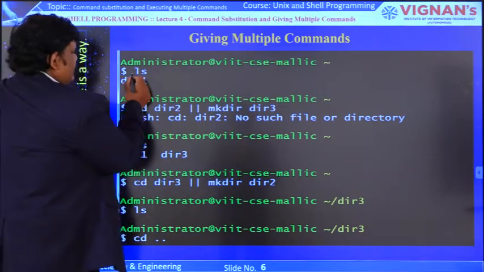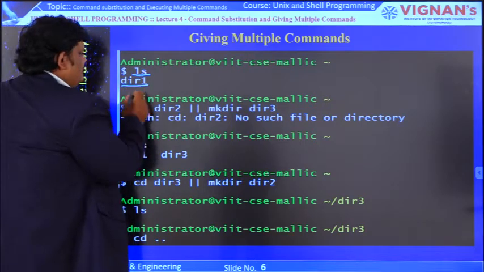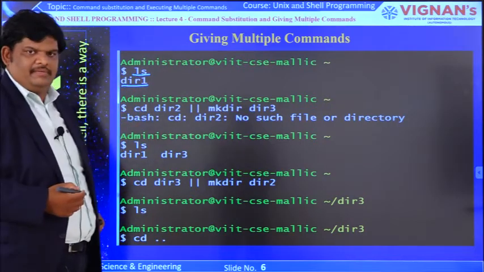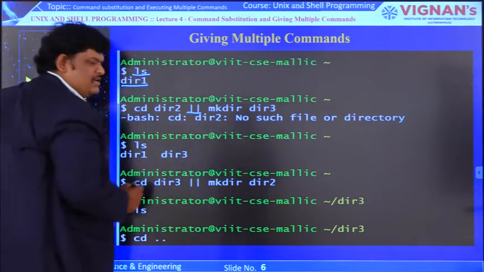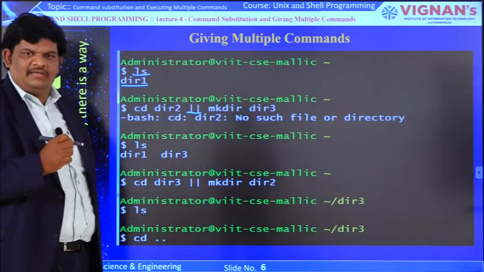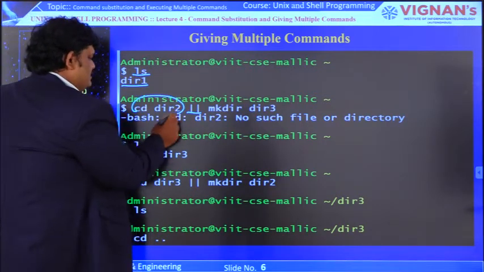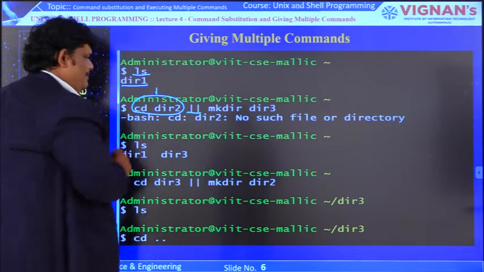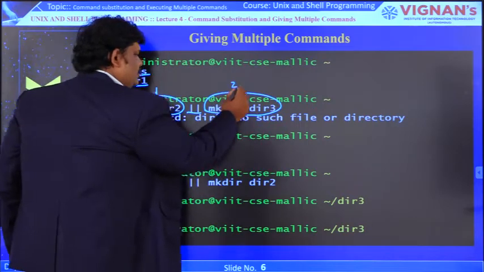Here the ls command, just listing. Here dir1 is there, that means one directory is there. Now this is the logical OR operator, 2 vertical bars. Here what are the 2 commands? This is command 1, this is command 2.